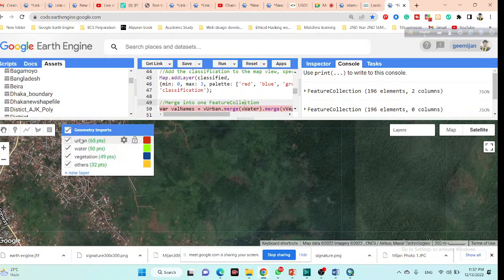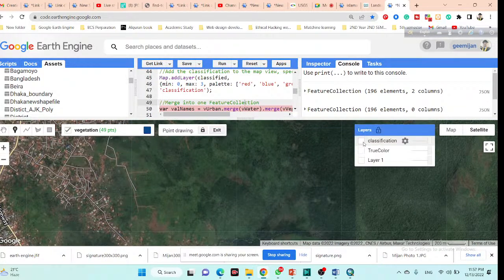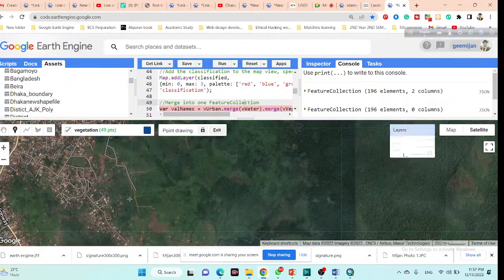So this is the vegetation. Okay, so I simply use this training point and also take the training point for the vegetation from this region,